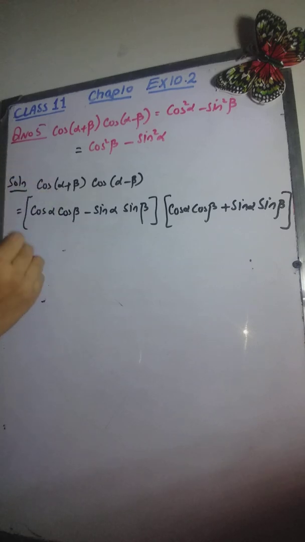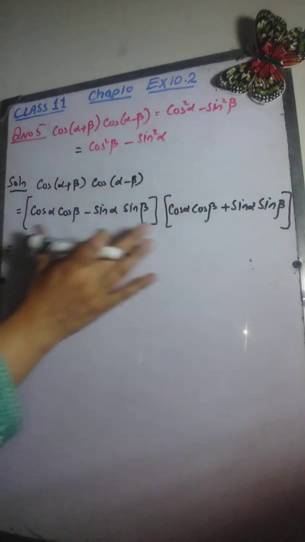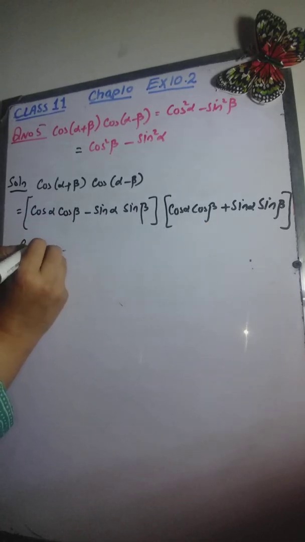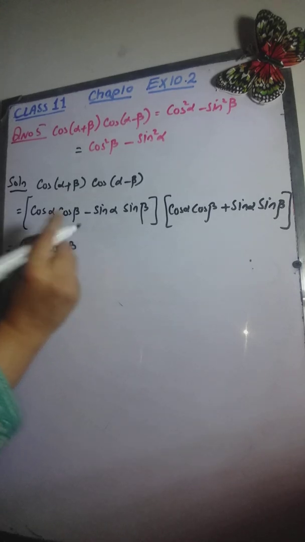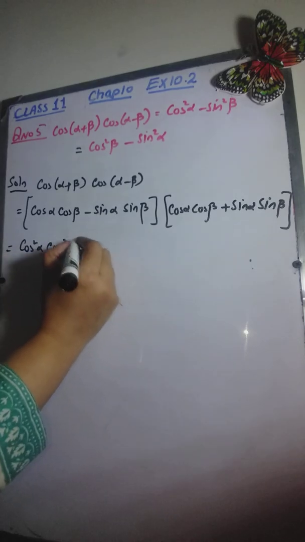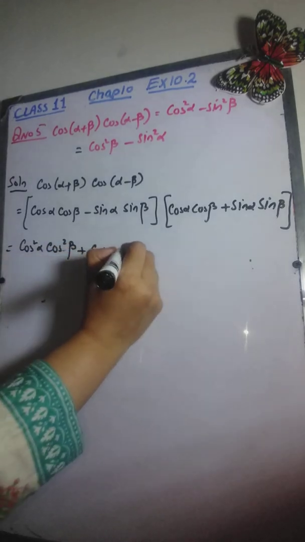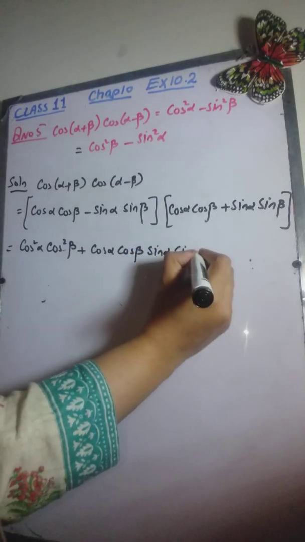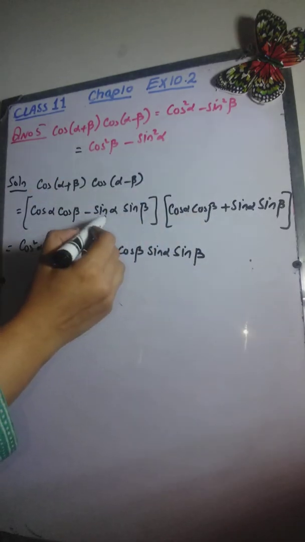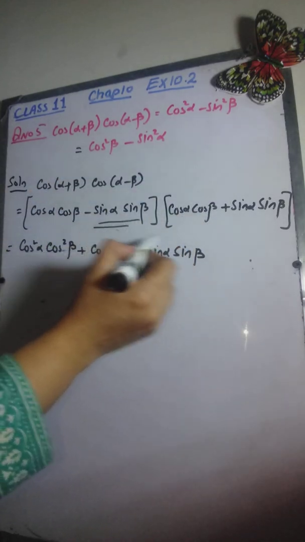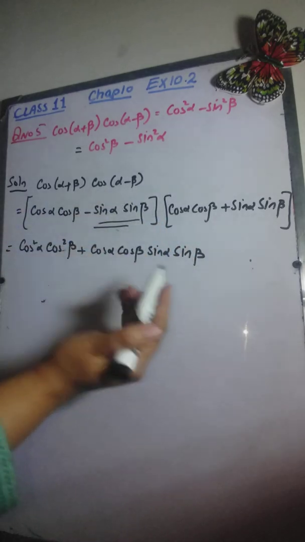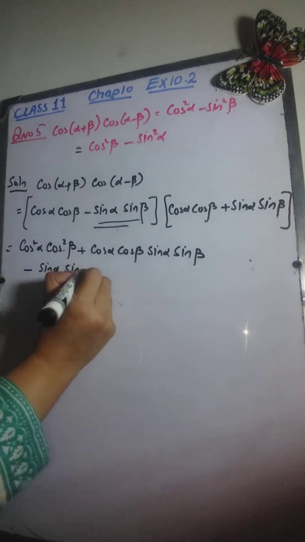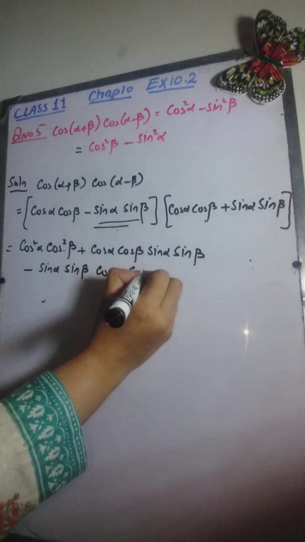So expanding these, I am going to multiply both these brackets. First of all, cos alpha cos beta multiplied with cos alpha cos beta will give us cos square alpha cos square beta, and then multiplying this with this expression, we get plus cos alpha cos beta into sin alpha sin beta. Similarly, we are doing the bracket multiplication. Multiplying these two, we get minus sin alpha sin beta cos alpha cos beta,